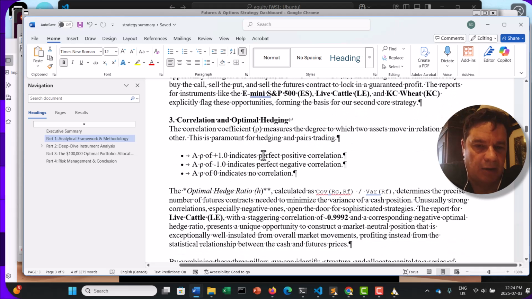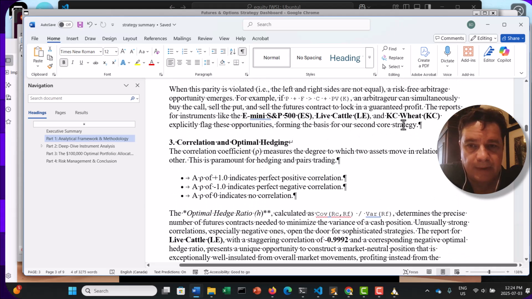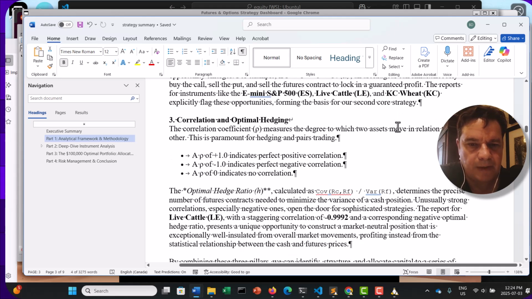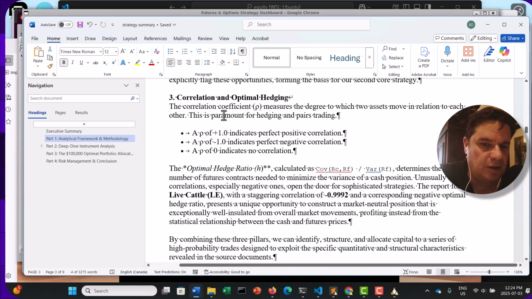Okay, so now the examples here: as an arbitrageur, simultaneously buy the call, sell the put, sell the futures contract to lock in guaranteed profit. And the AI is doing that. It reports for instruments like the E-mini, Live Cattle, and KC Wheat. Okay, so it's using things like